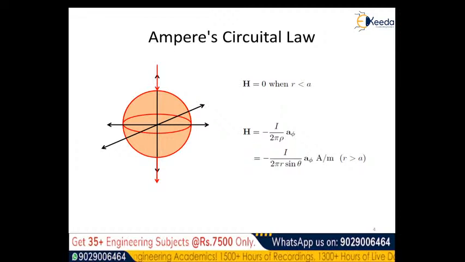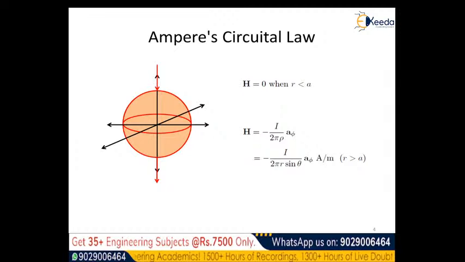If it were electric field intensity, we would denote it in volts per meter. So this was the answer for part B, where the loop is outside the sphere body, that means r is greater than a. This was our simple answer for this application of Ampere's circuital law. We have taken two cases, inside and outside the body of the spherical shape,